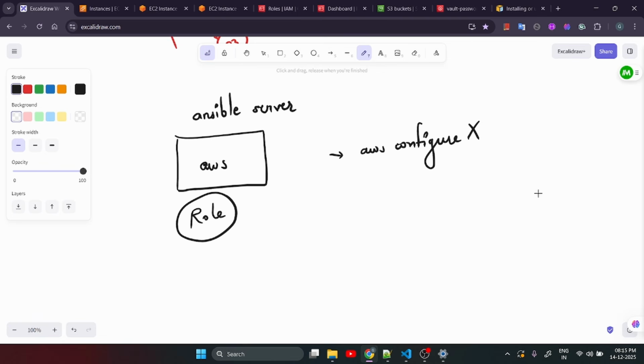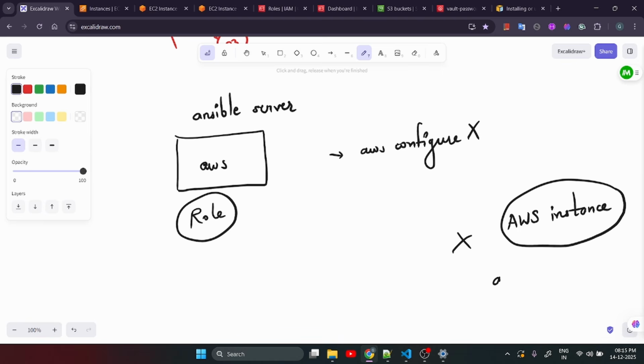But in your case, this remote server was an AWS instance. But in other cases, it might not be an AWS instance. Then in that case, you will have to go for the AWS configure option. Okay. So for the remote server,